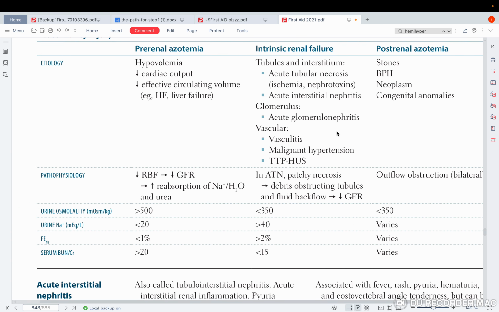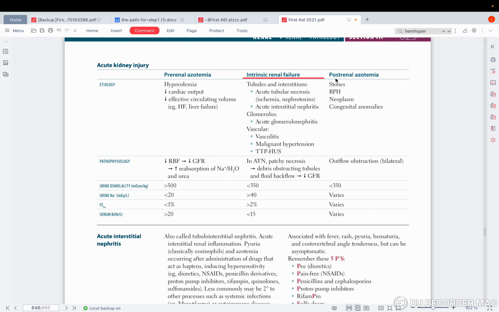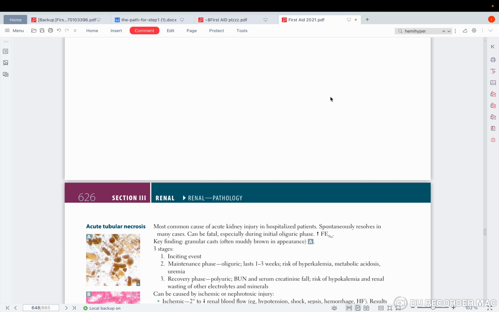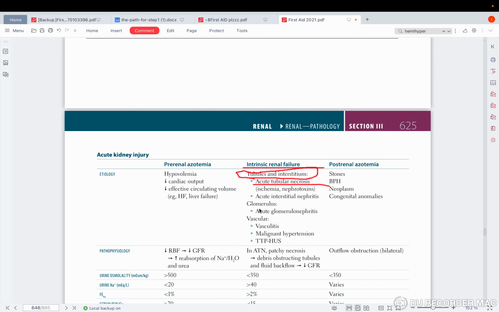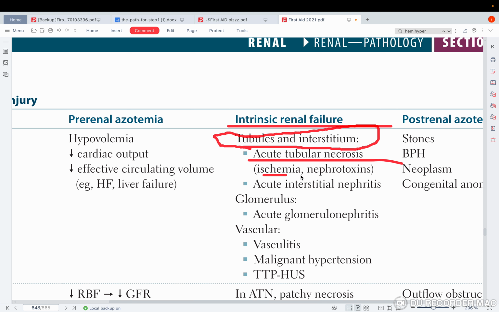So, intrinsic renal failure goes something like this. The problem is in the tubules or in the interstitium. There are multiple causes; for example, acute tubular necrosis can cause it. What can lead to acute tubular necrosis? We'll speak about them soon, but just for the sake of doing it quick and dirty, ischemia. Which portion of your kidney is most susceptible to ischemia? Let me give you a hint, the watershed area.